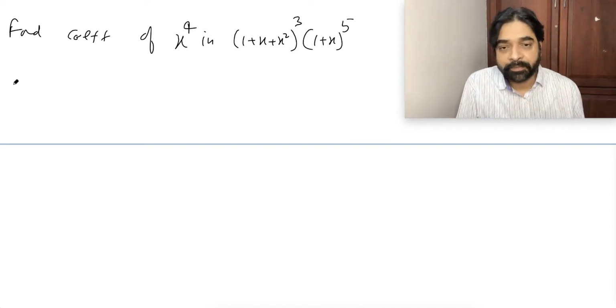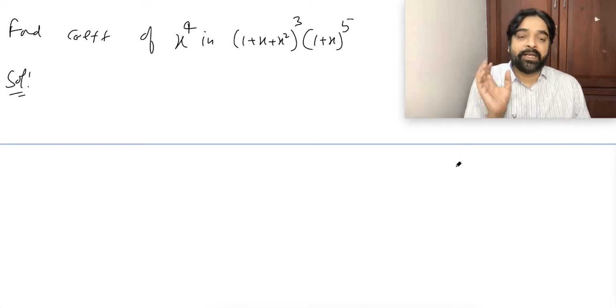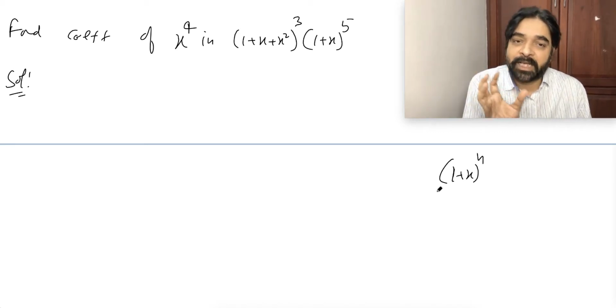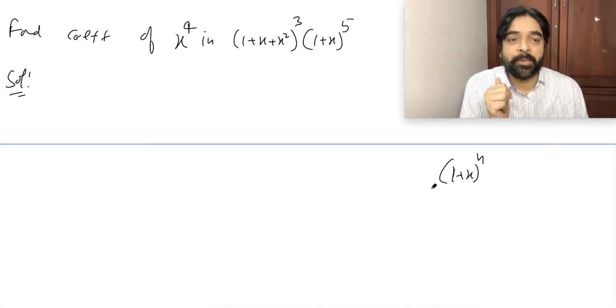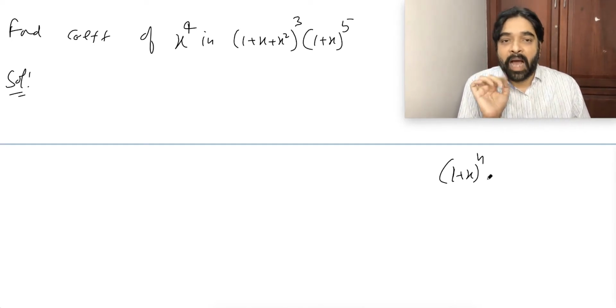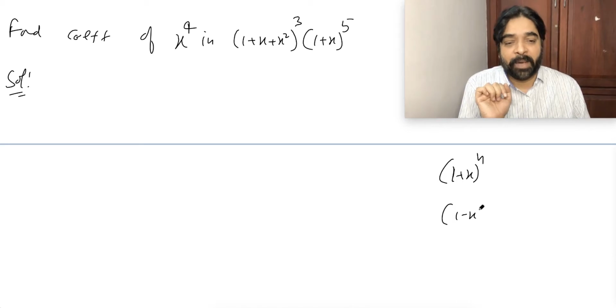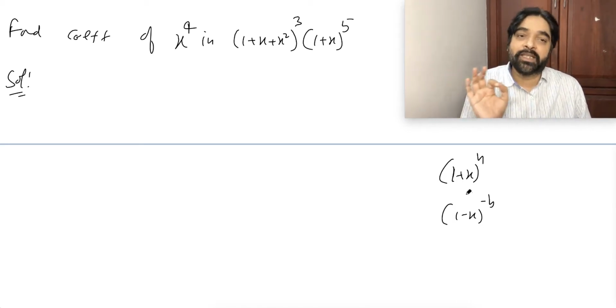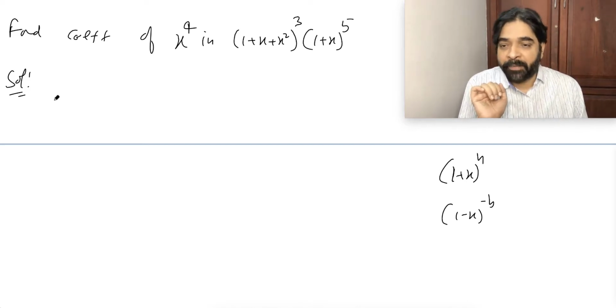Watch it. Every time GP and all don't have to apply. Always try to depend on the series (1 plus x) power n. As much as (1 plus x) power n you will get, it will be very easy, because here telling the coefficient is the easiest. Either try to get this series or the (1 minus x) power minus n series. In both cases, telling the coefficient is very easy. Okay.